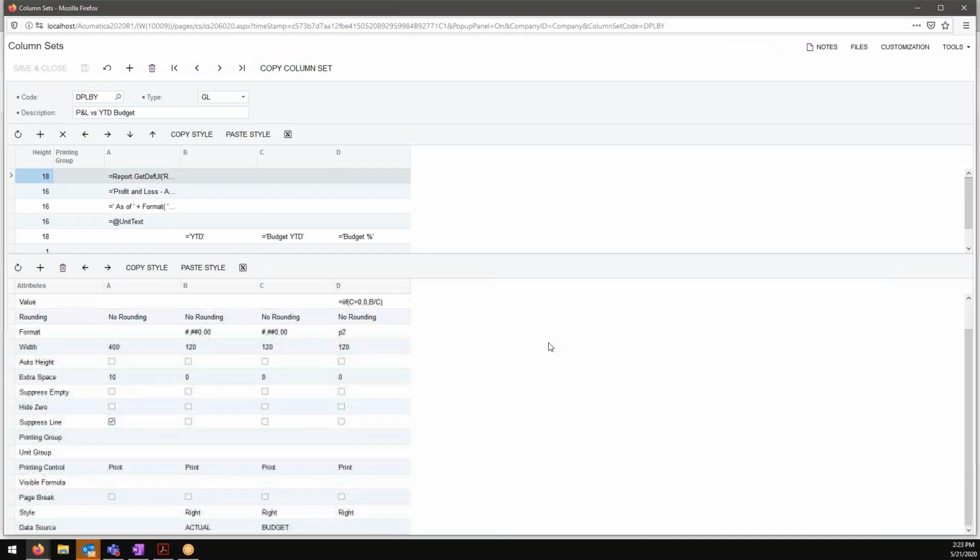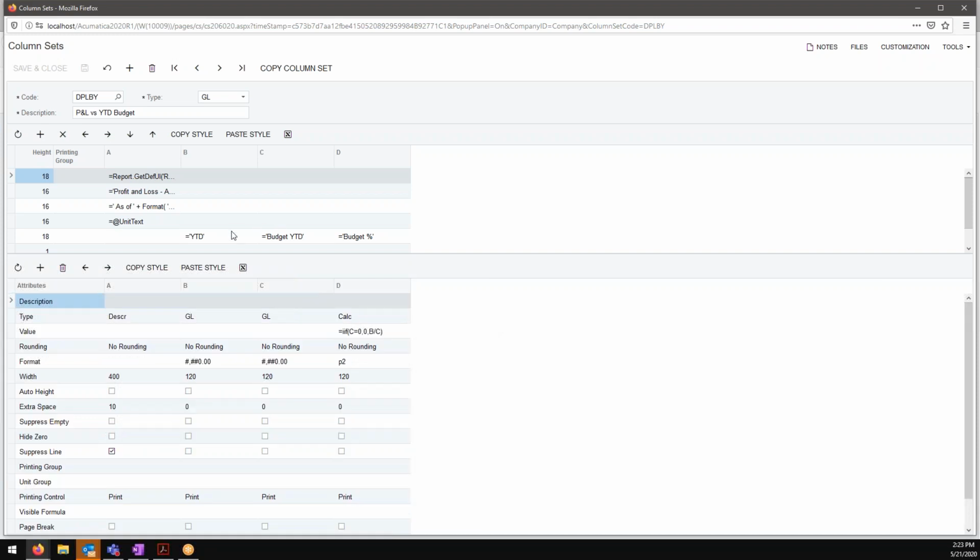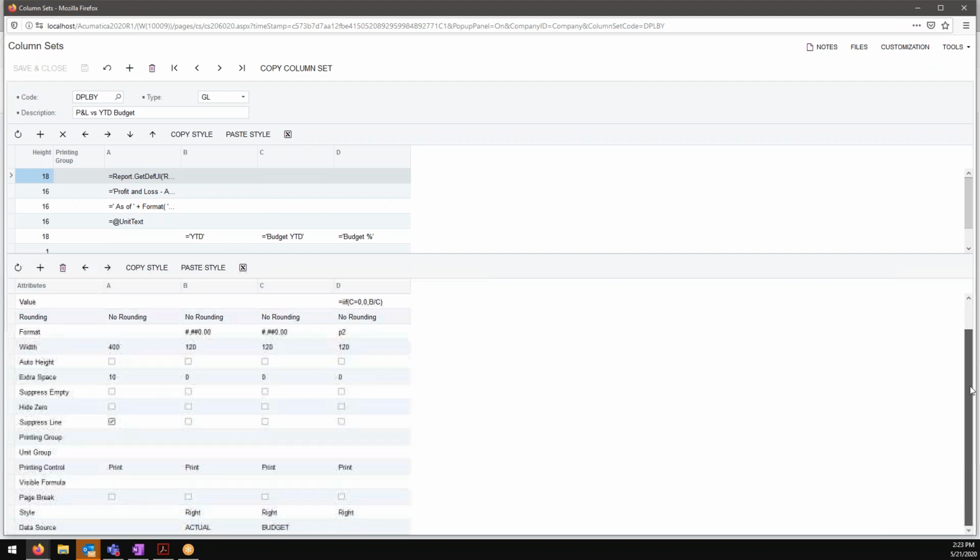And I've got a very simple column set here. I've got year-to-date. I've got my year-to-date budget column. And I also have a percentage. Remember, this part here is just the header information. It really isn't saying much. It just gives you the headers and identifies what the columns are. But down below in your data source, if I click on my actual,